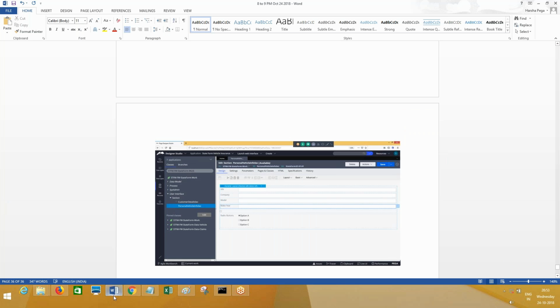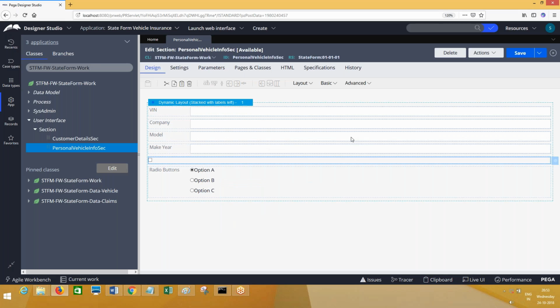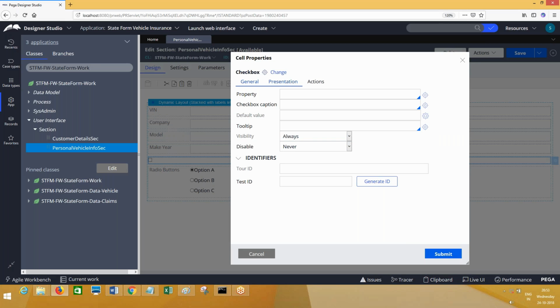Okay, next double click on the checkbox. You can understand it from the diagram: in the background it is highlighted. What is the property? Personal vehicle dot is brand new vehicle. But unlike other properties, where you automatically get the label, the checkbox will not get a label. You have to manually type it. Caption, right? So: select this if the vehicle is brand new. Brand new from showroom.